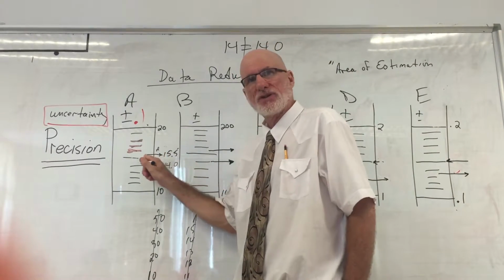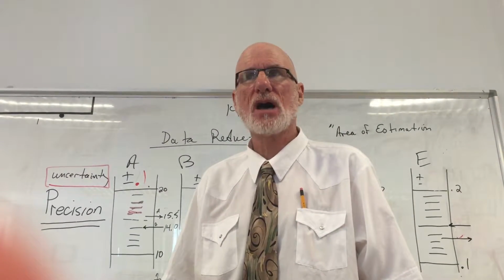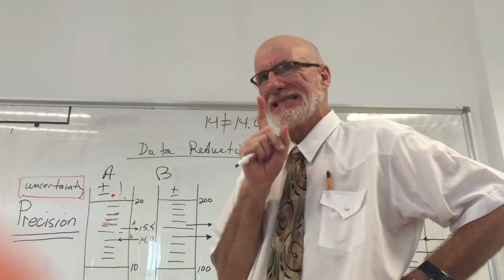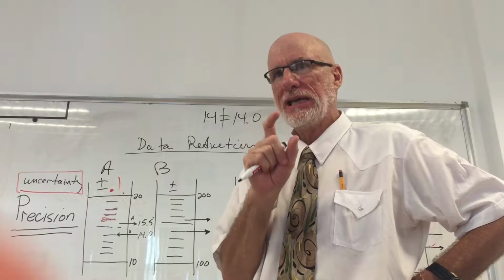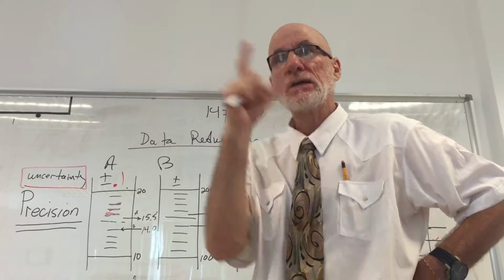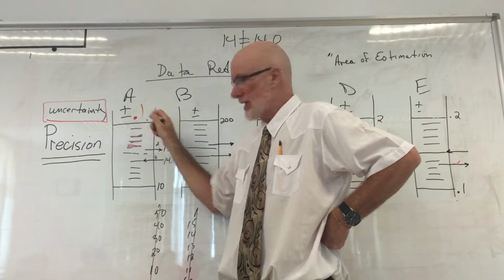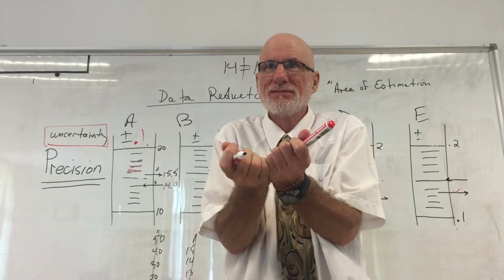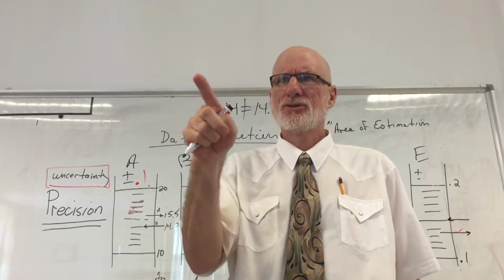Is that 0 written from the scale? Let me ask you the question another way. Is that 0 within the range of precision for that scale? Yes, it is. The precision is 0.1, it's the tenths place, and that 0 is in the tenths place. So is it written from the scale? Yes, it is. Now you're asking me, well, when isn't it? Two more scales, we'll see that.